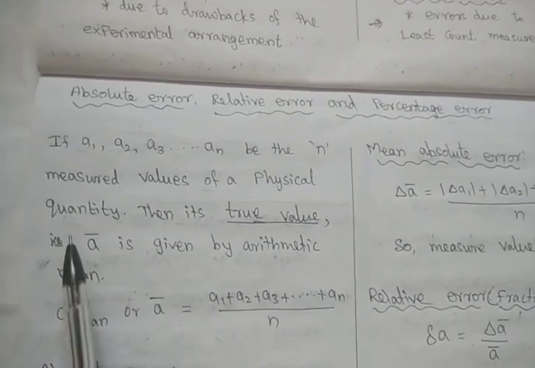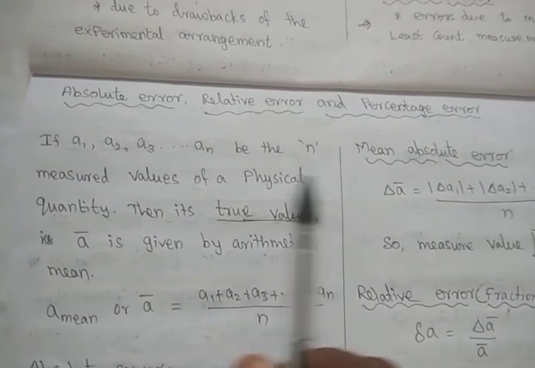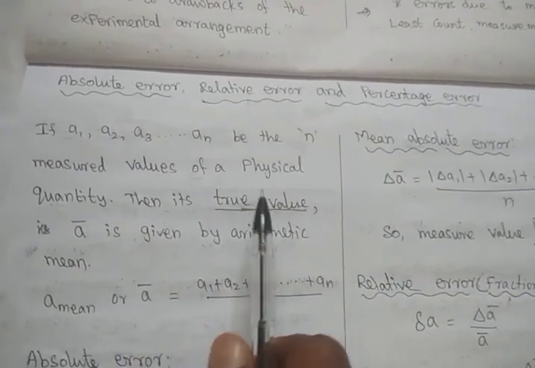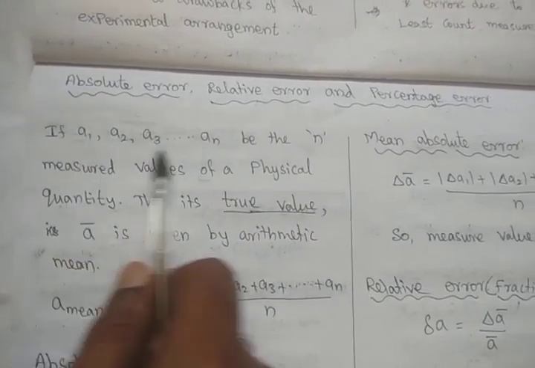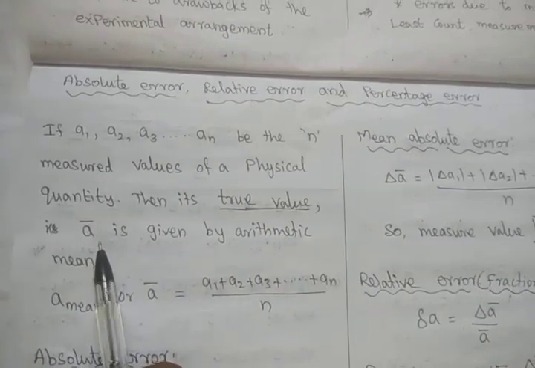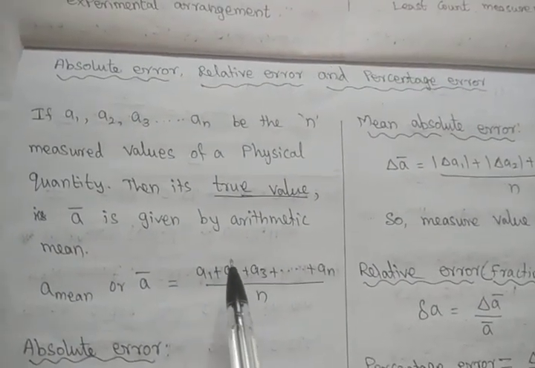That means 10 students take the length of the bench as 10 different readings. Some students will take the same readings also. But what is the true value? We didn't know that. We just take the average of all the 10 readings. That will be very close to the true value, that is, the actual length of the bench.